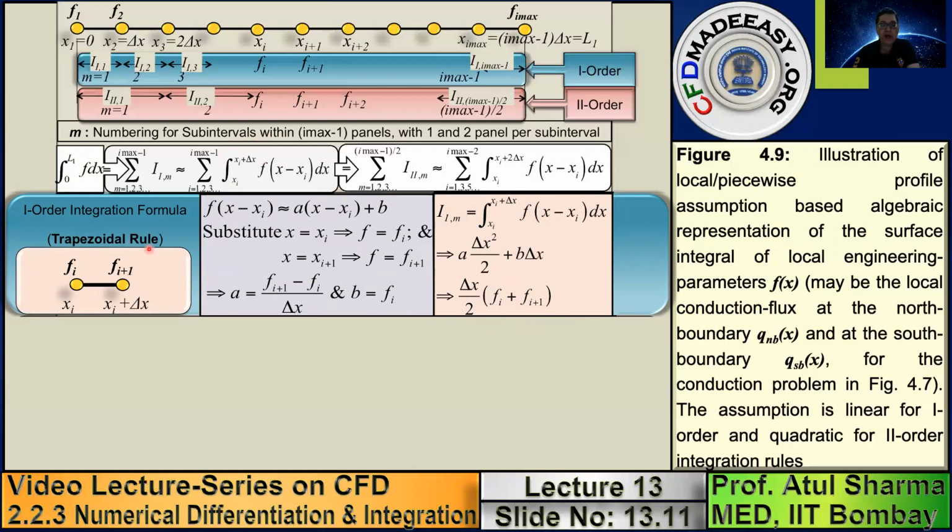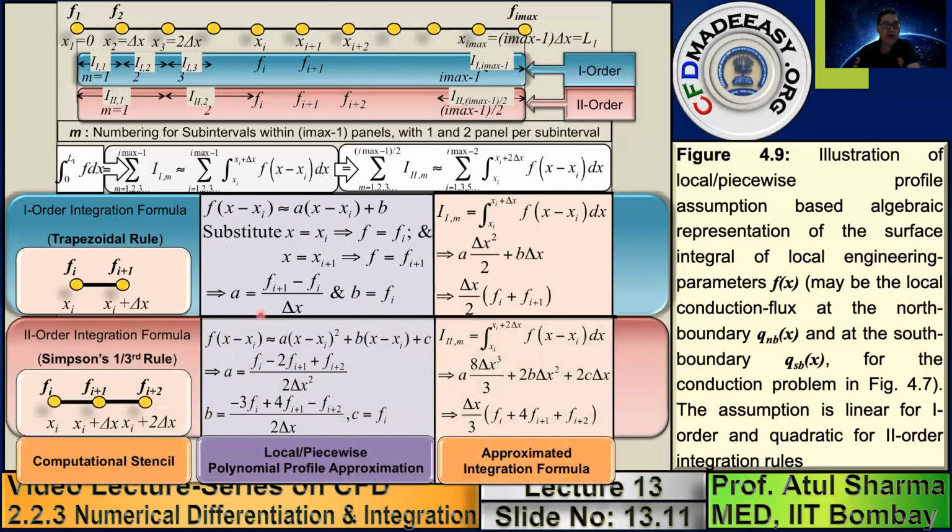And in the trapezoidal rule, between any 2 points, we assume a linear variation for numerical integration. And for each subinterval, which consists of one panel, this is the formula which we use. So then finally, if you have to obtain it over the complete range, complete domain, then you have to add over all the subintervals. This is for first order numerical integration.